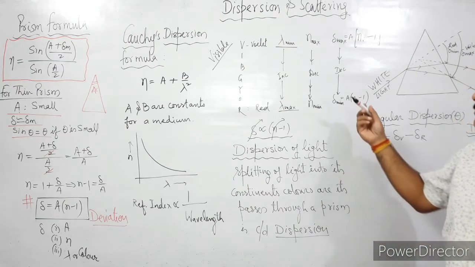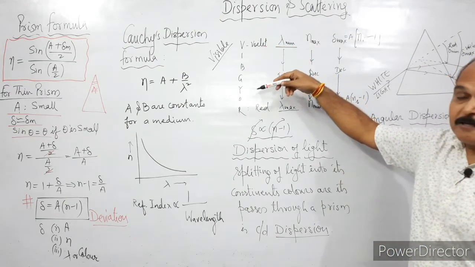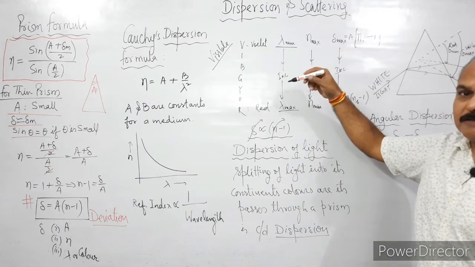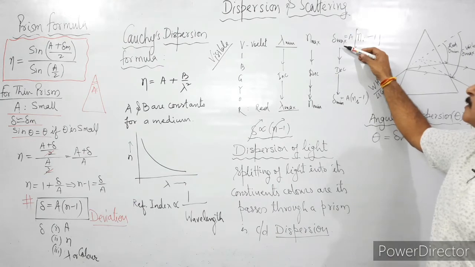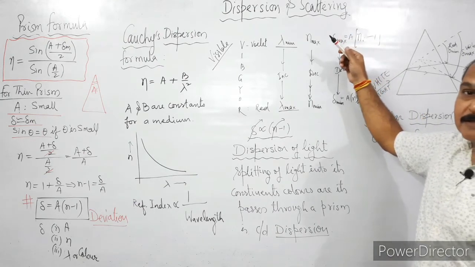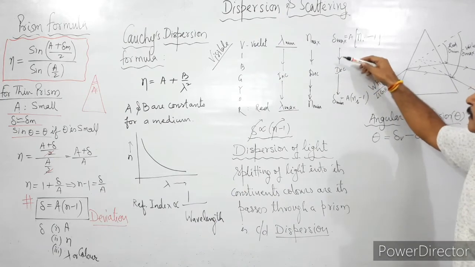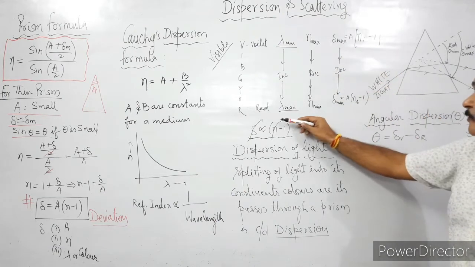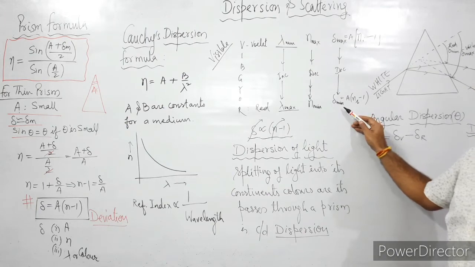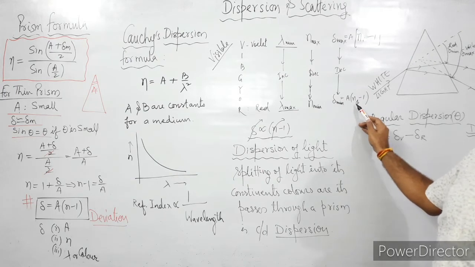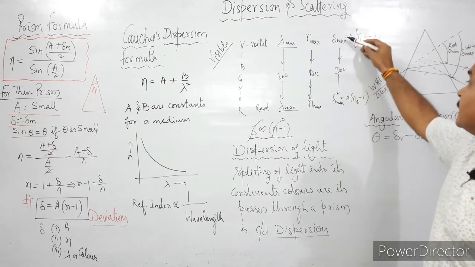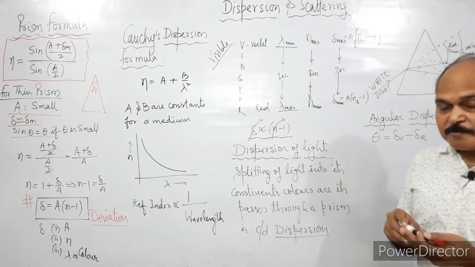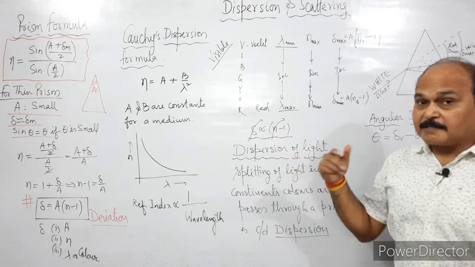So what happens when multicolor light, when all these colors fall upon a prism all together? Violet color has maximum deviation. Why? Because it has maximum refractive index. And as we move from violet to red, the deviation decreases, and for red color, the deviation has minimum value. And that is exclusively because the refractive index of red color is least. So this is the decreasing order of deviations produced by different colors of light as they pass through a prism.